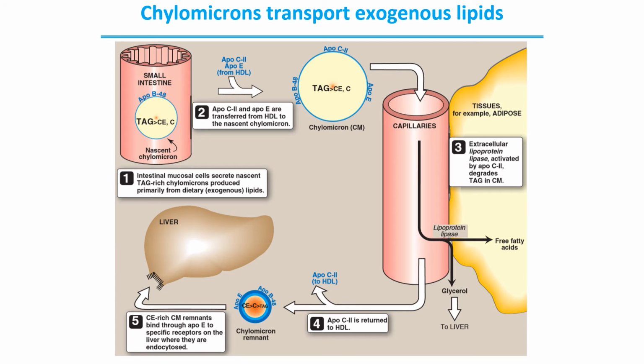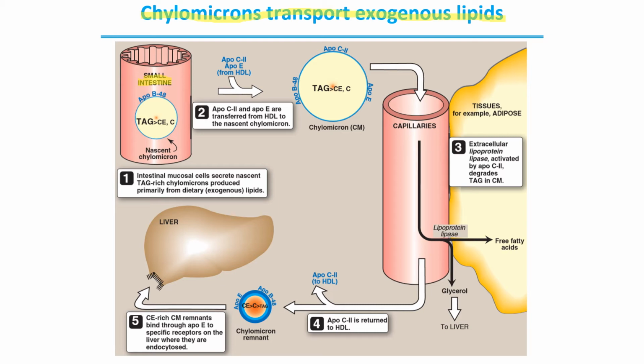Next up, we have the metabolism of chylomicrons, and the statement at the top is the most important one, that chylomicrons transport exogenous lipids. The lipids that we eat in our diet that come from outside the body are known as exogenous lipids. So these chylomicrons help in their transport. So what happens to these exogenous lipids once we eat them and they are broken down into small particles? Then in the small intestine,